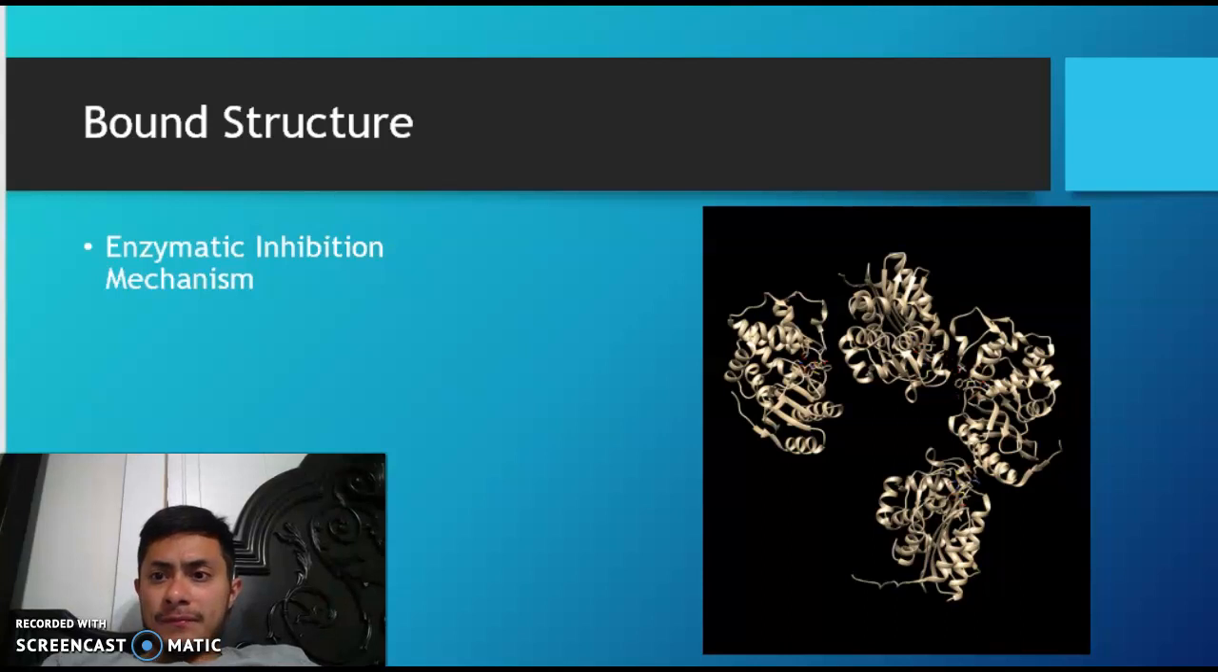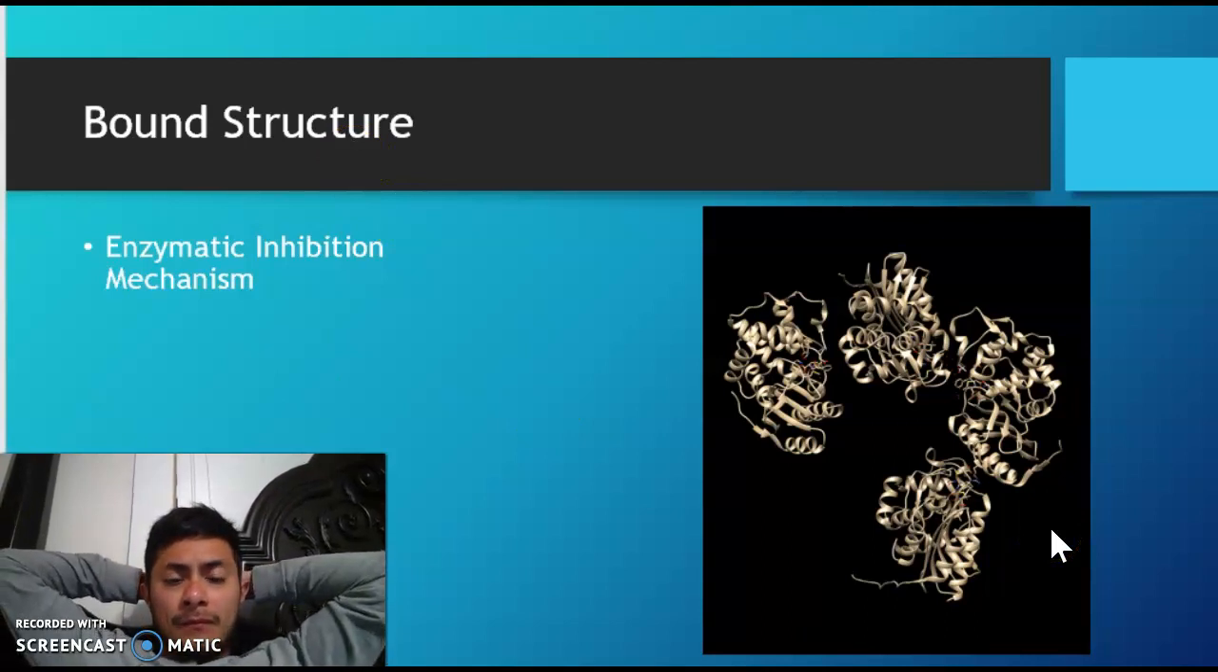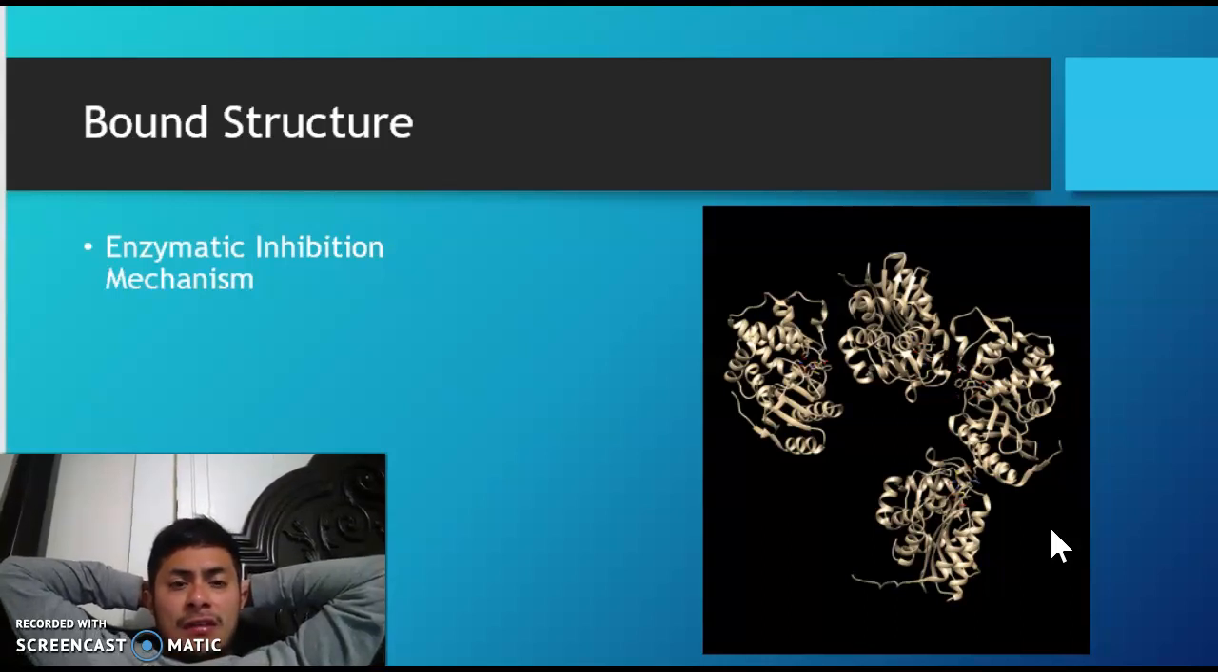Lastly, we have the bond structure. So a little bit on that. Here we can see that we have penicillin bound to the penicillin binding proteins. And the way this works,